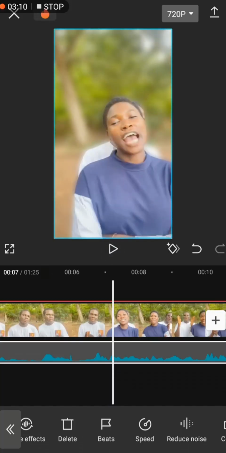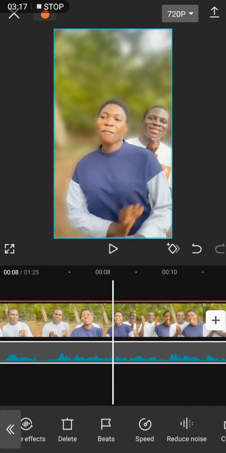As you can see, we want to reduce it. We see the speed of the voice and the movement of scenes are in sync with each other. So that's it. We have our background blurred, we have our sound and the movements of scenes matched together, and the video is okay.